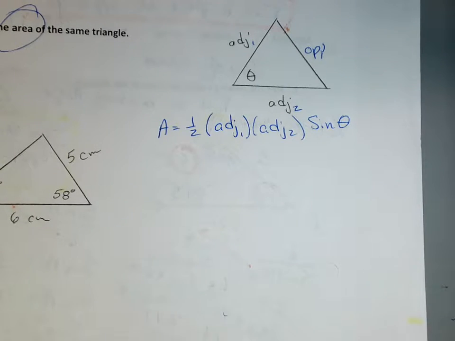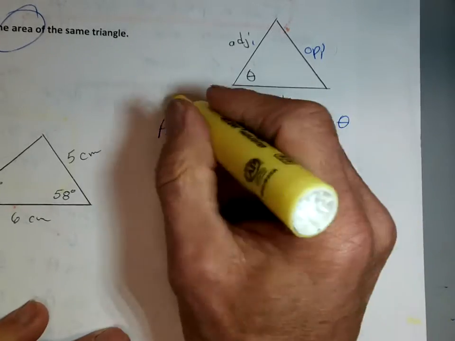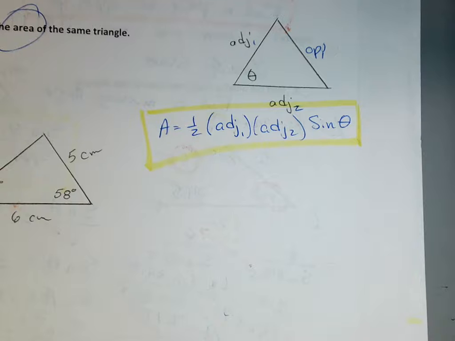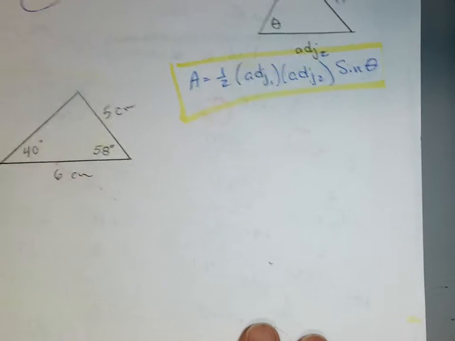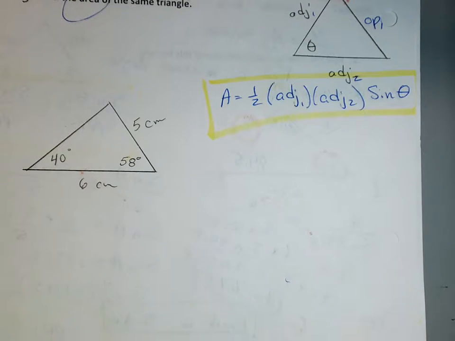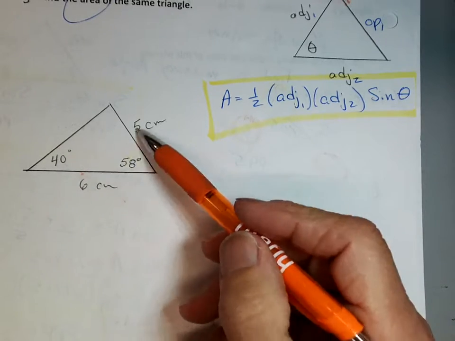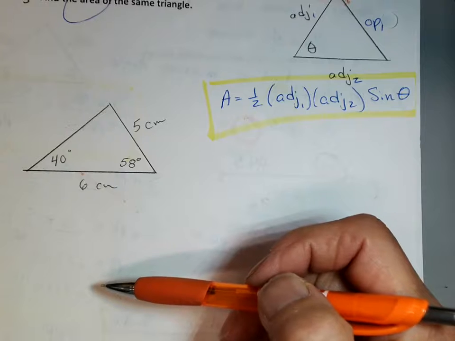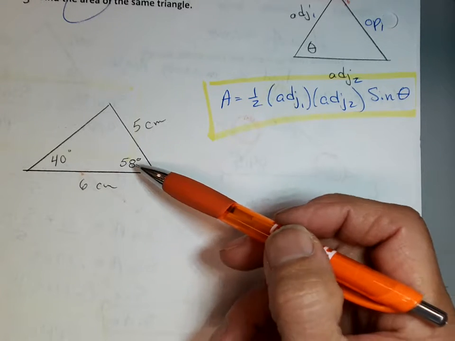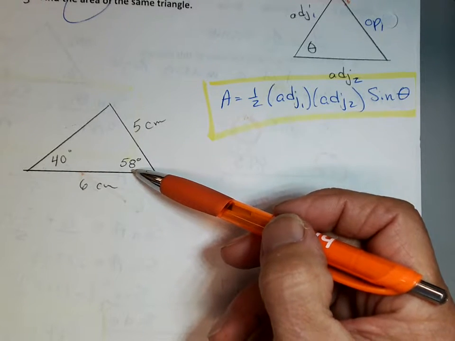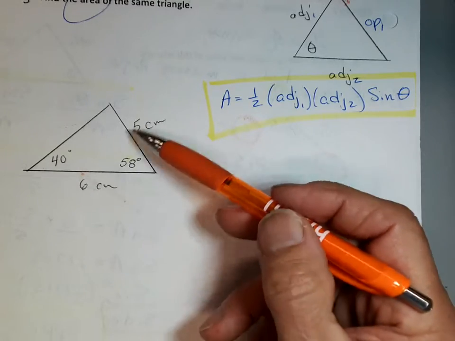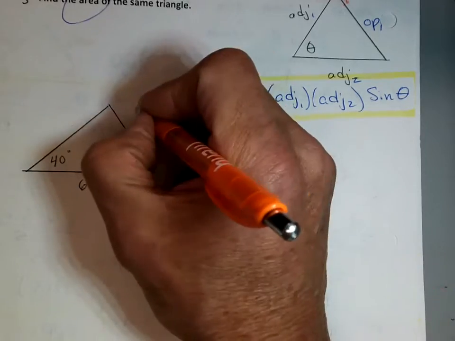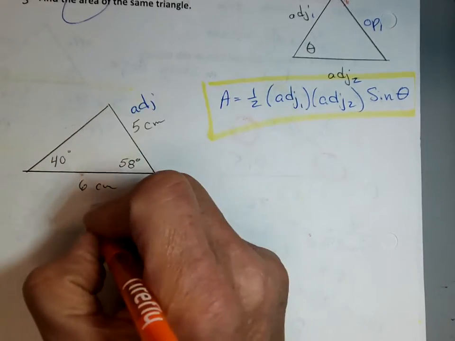It's super duper easy. I'm going to highlight that. That's my area of a triangle formula. Now, let's take a look at our last example, Cooper, and then you're out of here. I've got two sides. Which angle should I use? I need to use the 58, because that would make these two the adjacent sides. Does that make sense? So if this is adjacent, and this is adjacent,